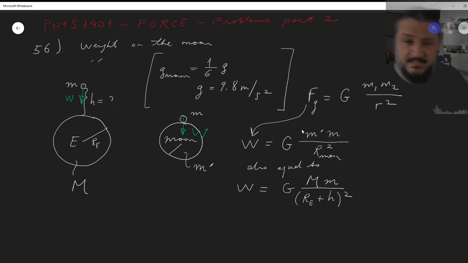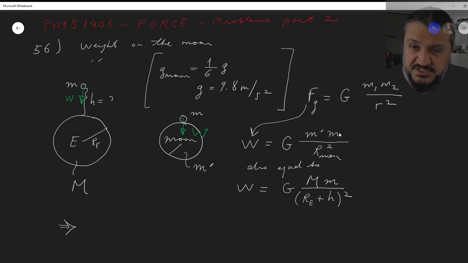Okay. Now, if these two are to be equal to each other, this means we can cancel G and m right away. So we'll end up with the Moon's mass divided by the radius of the Moon squared